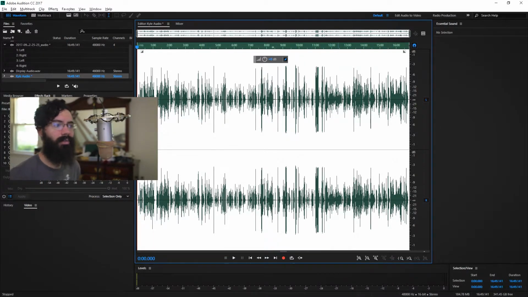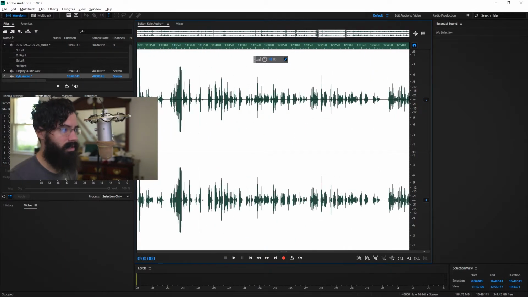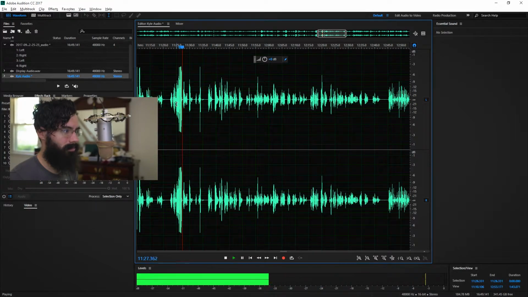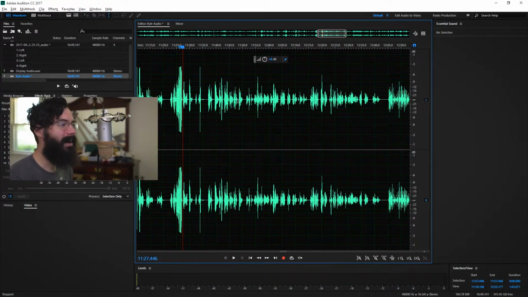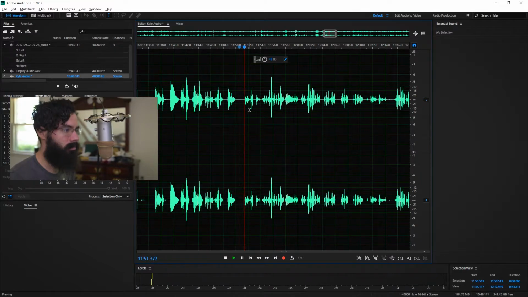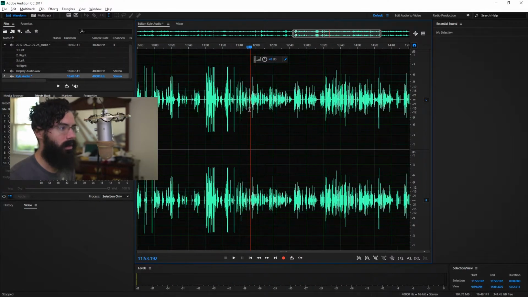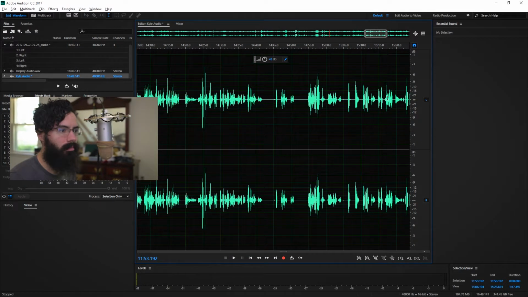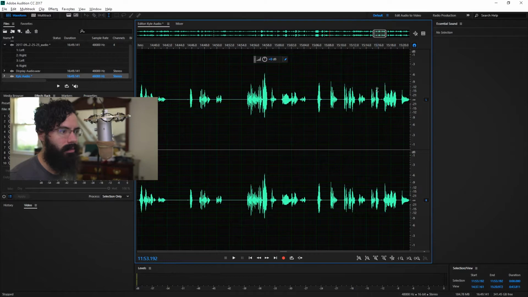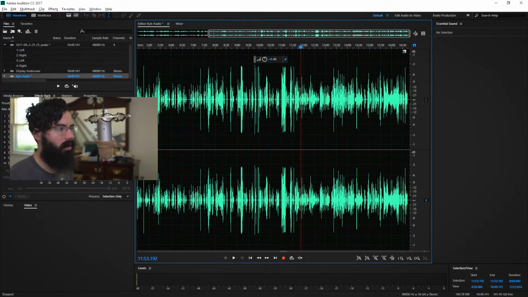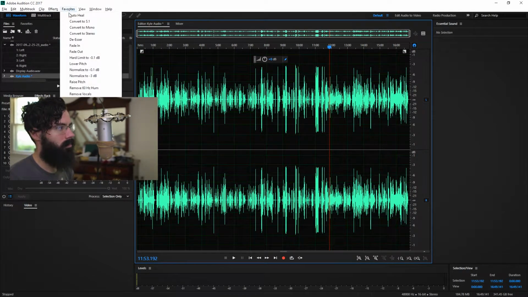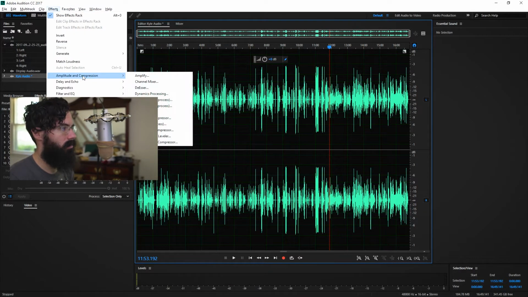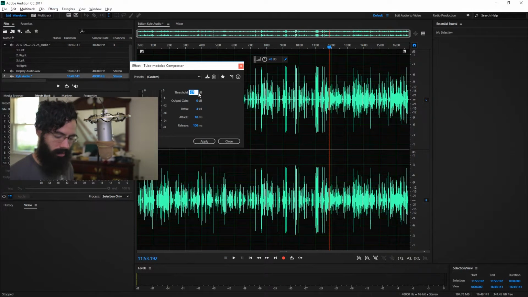All right, now here's where compression will save you. Look at these spikes. And look at these guys. They're super far apart, so we've got to make these guys cooperate. So this spike is around -15. There's some that are a little lower, but if we focus on -15, the lower ones will still come up.